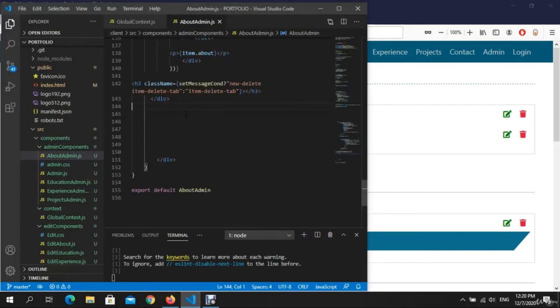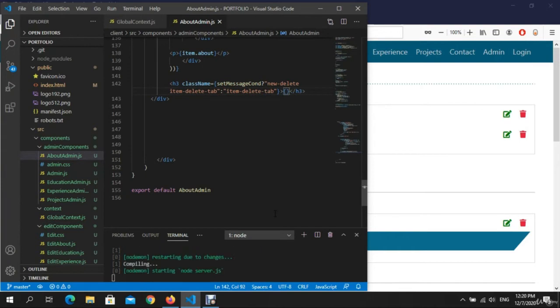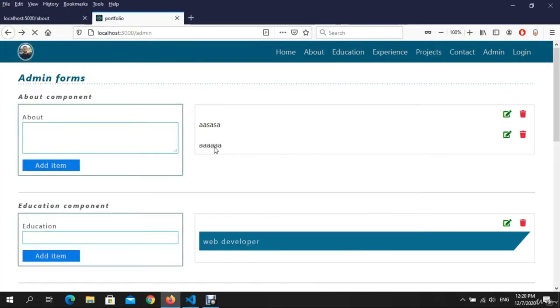New delete item, delete tab. Yes, because we haven't put the message. Okay, we want to see the message. Item deleted. Alright, if I look now, item deleted,